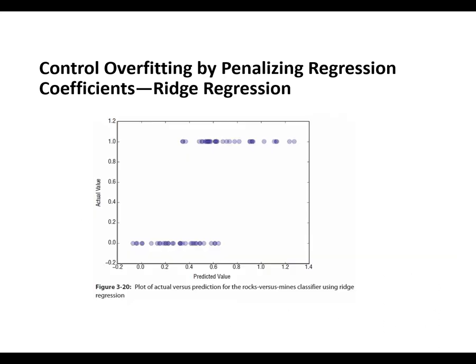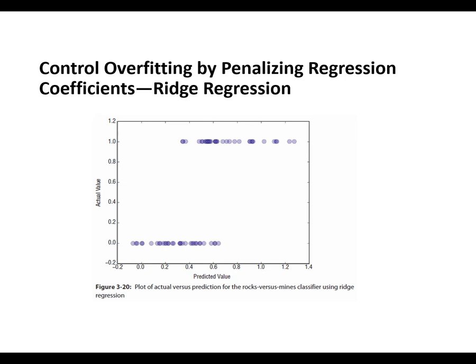Let us check one more graph. Now this is ridge regression, but this is for the rock versus mine classifier. This is a classification example, and as you can see, for the actual value and the predicted value, 0 and 1 are the dark portions over here. If you try to recollect the rock versus mine data set, most of the values were floating point values.